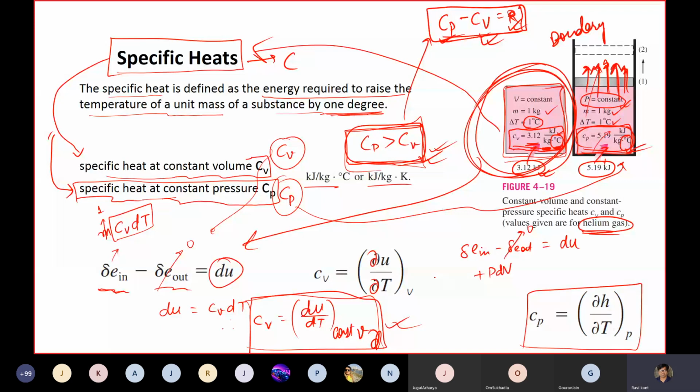CpdT is equal to dU, or maybe since the system is doing work, I need to check the sign over here. So this dU plus PdV can be cumulatively written as dH, and now you can write Cp is equal to dH by dT, in similar fashion at constant pressure. So this is your relation between Cp and the thermodynamic quantity.